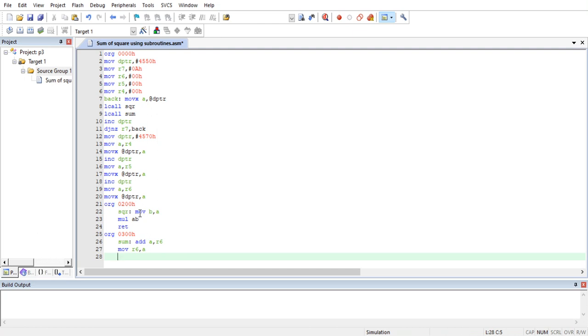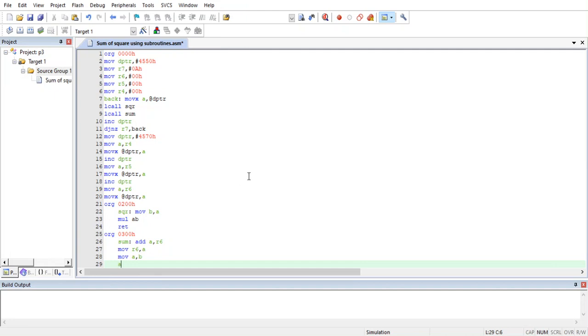The lowest byte is done. Now we have to go to the higher byte. So I'll give the instruction MOV A, B, which means that the data that is there in B will now come to A, where B is the higher byte from the previous square, right? So that data comes into A, and then I'll add it with R5, right?